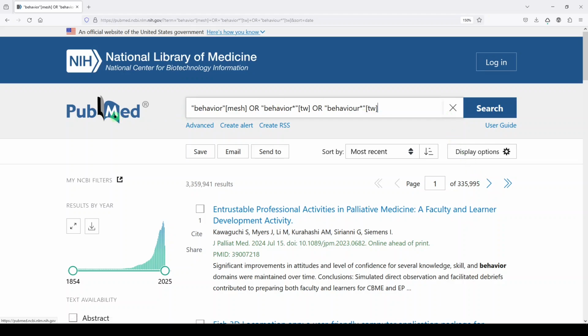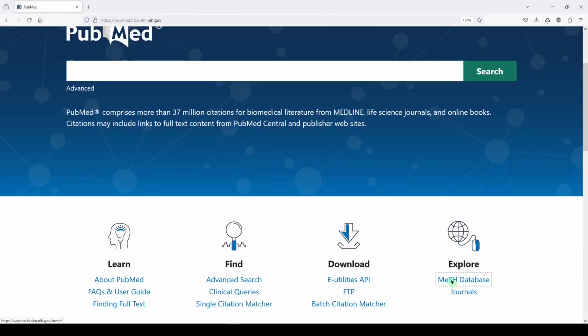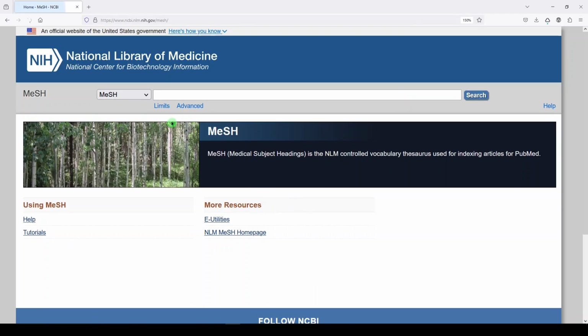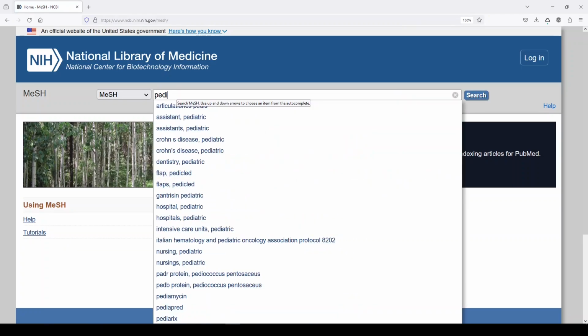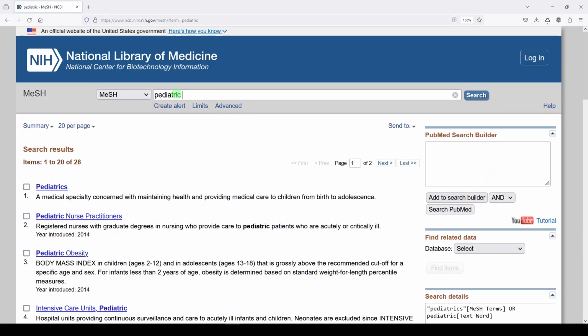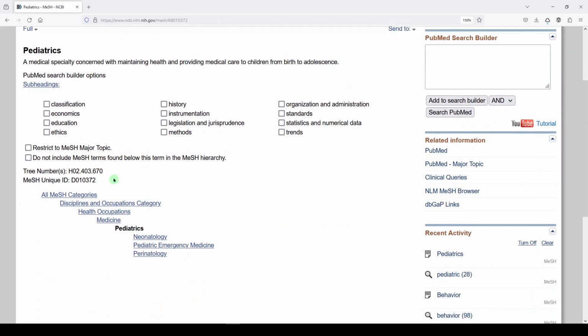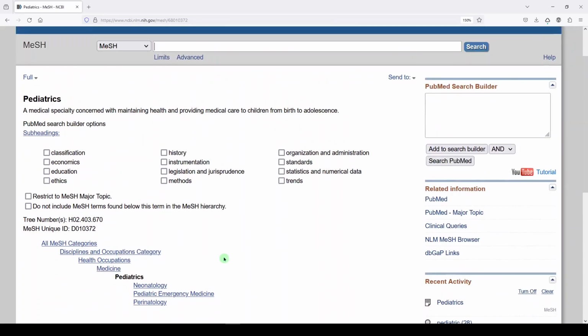So we're going to do one more example. For that, I will start back on the PubMed homepage in the MeSH database, and we'll do pediatric. One of my favorites is esophagus and edema. I have to remember to include those variations in spelling. So here's pediatrics, the specialty. But let's say we were looking for pediatric literature in general. Okay, pediatrics, the MeSH term,